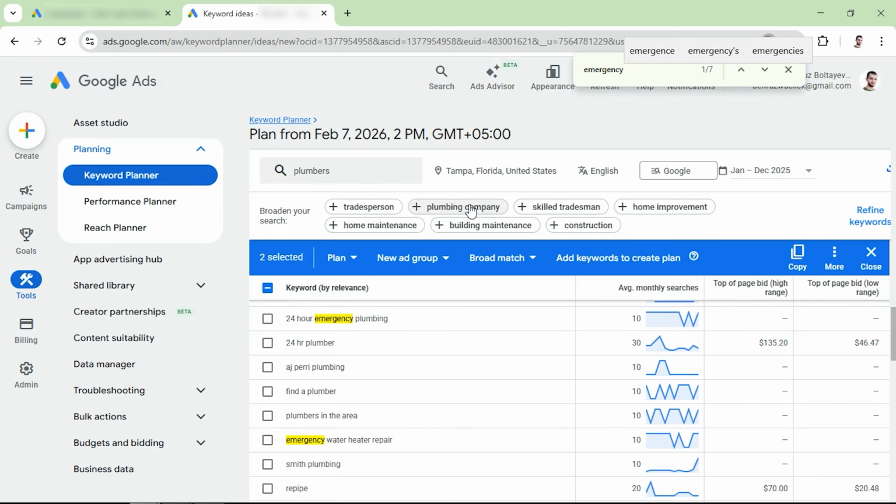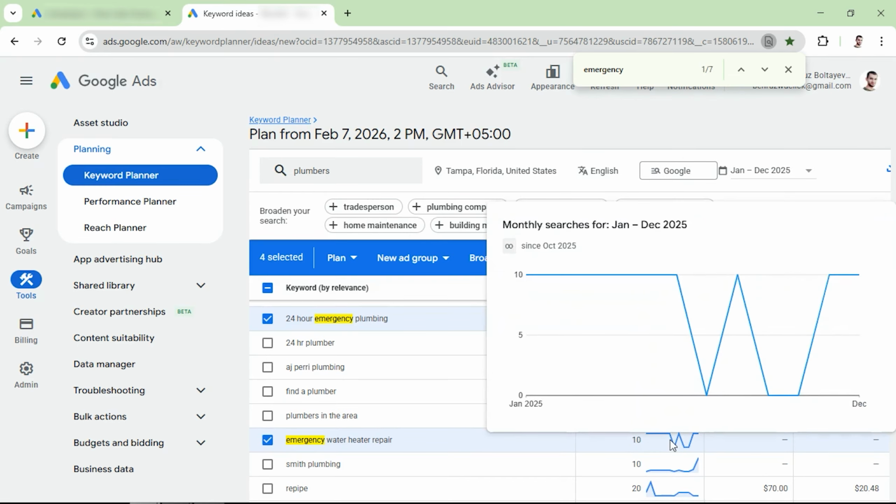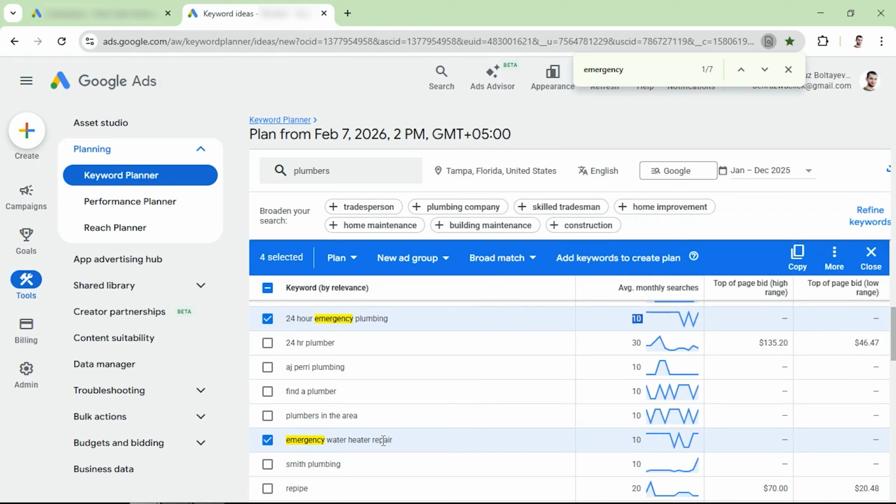I try to search the keywords with the word emergency, and as you can see, there are certain keywords that are more specific than just emergency plumbing. For example, 24-hour emergency plumbing, which is even more specific, and the search volume is like 10. Another one, emergency water heater repair, again 10. If you're targeting these kinds of keywords, you might have a hard time finding cheaper cost per click keywords. Instead, a better solution would be to target the keywords with higher search volume,